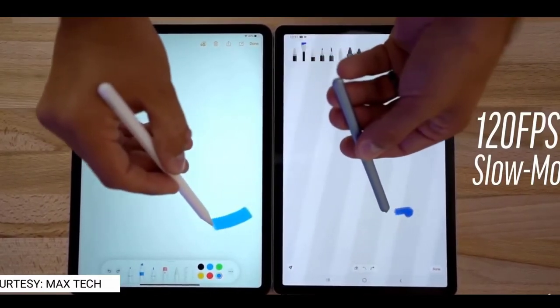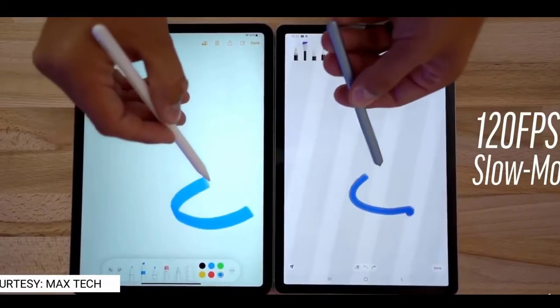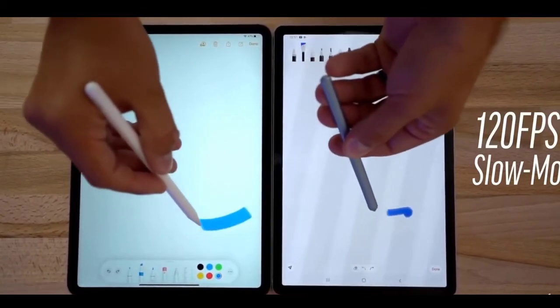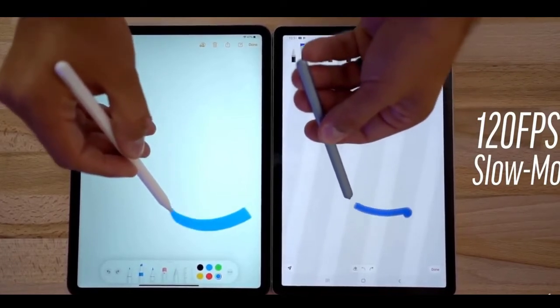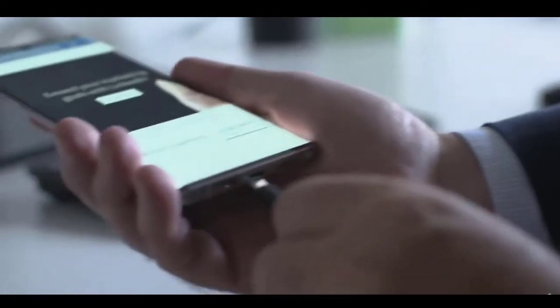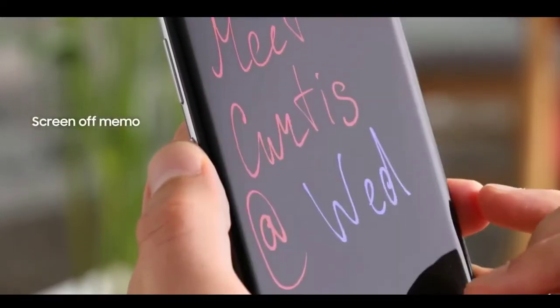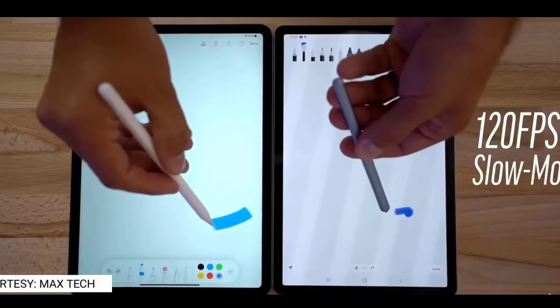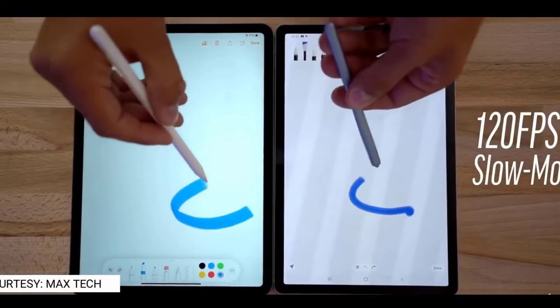Even though Samsung is the one who popularized the concept of the stylus on phones and tablets, it's Apple who right now has the best response time for a stylus at 9 milliseconds. In the side-by-side comparison between the Apple Pencil and the S Pen in slow motion, you can see that the S Pen has a slight delay between the stylus and the line appearing on the screen. The Apple Pencil, on the other hand, has almost no delay due to its super-fast 9 milliseconds response time